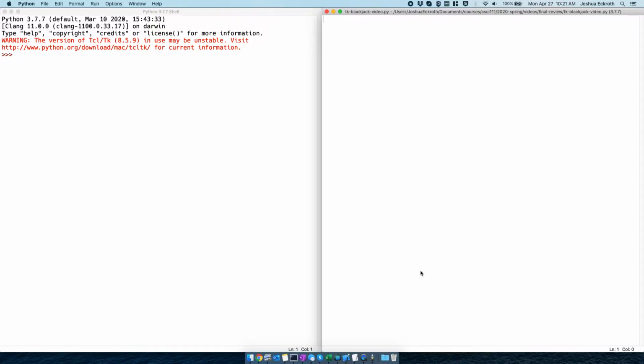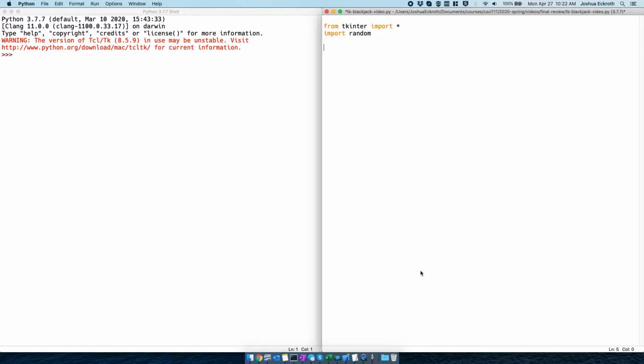So rather than go through all the different kinds of widgets that are allowed in Tkinter, you can refer to prior videos for that, or the Tkinter book that's linked on the prior videos and homework. We'll just build an application that uses some of the features. So first we're going to import everything from Tkinter. And I want to actually use